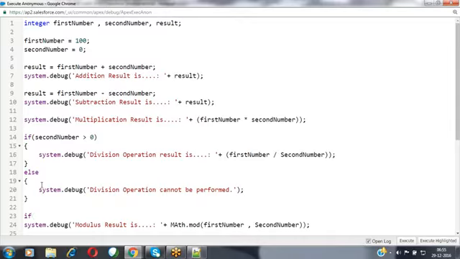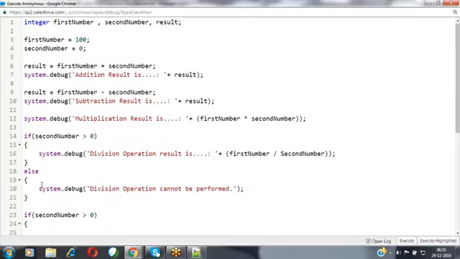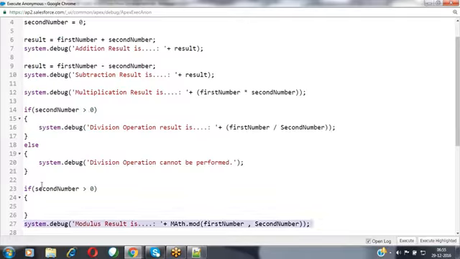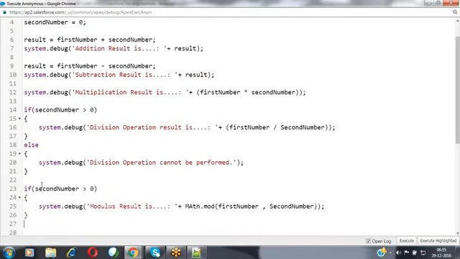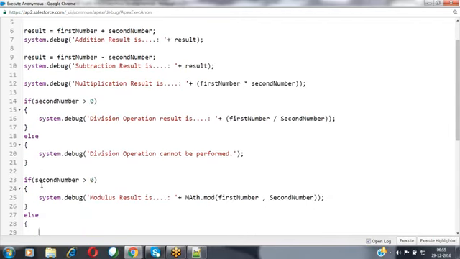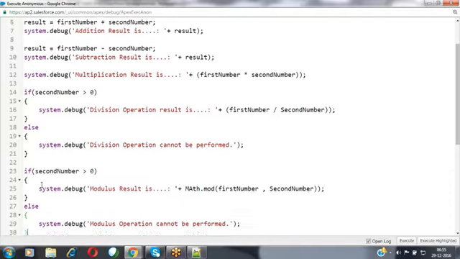For the modulus operation also, if the second number is greater than 0, then I would like to allow the user to perform this modulus operation. Else, I want to show the message to the user: modulus operation cannot be performed.